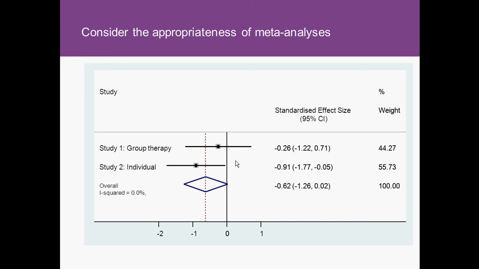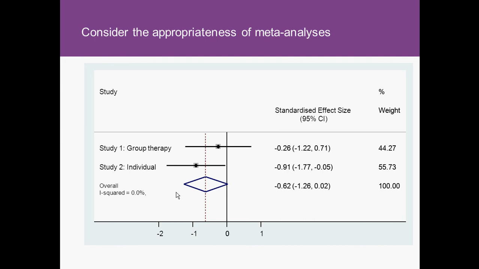These therapies appear to be quite different, and group therapy in its own study was found to be not effective, whereas the individual therapy study was found to be effective in managing the symptoms of depression. However, when you merge the results of these two studies together, you have a result where there is not a significant difference between the intervention pooled and the control condition. So, does this result tell us that non-pharmacological interventions have no effect on the symptoms of depression?